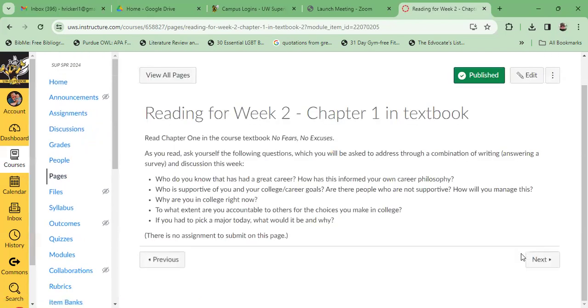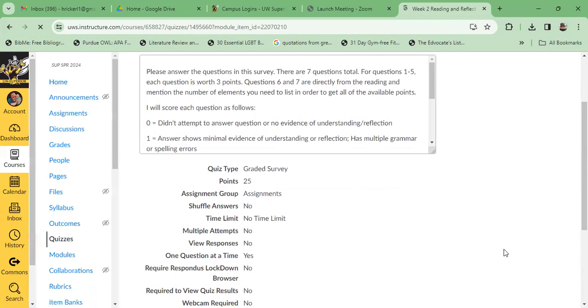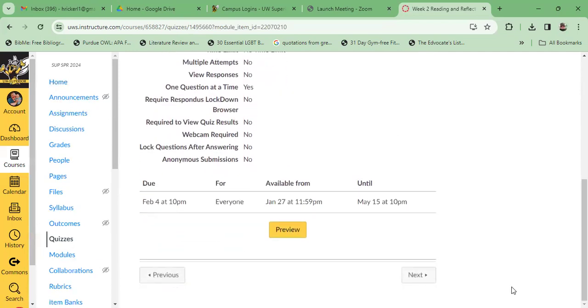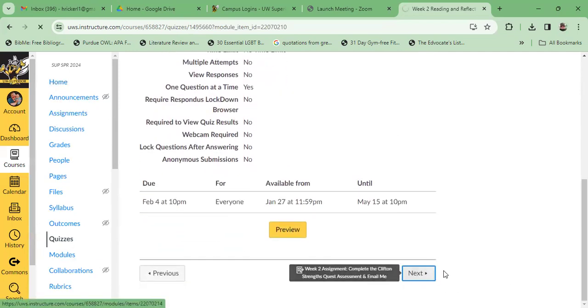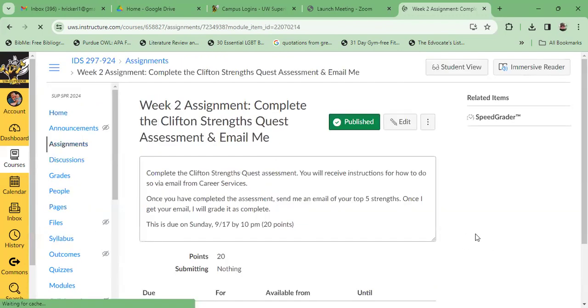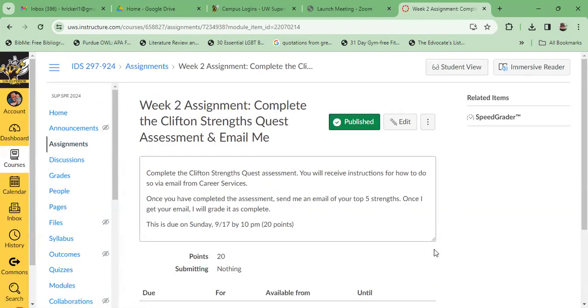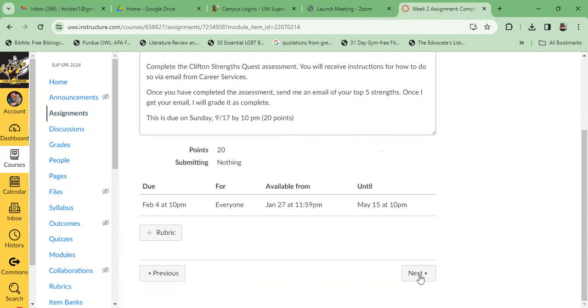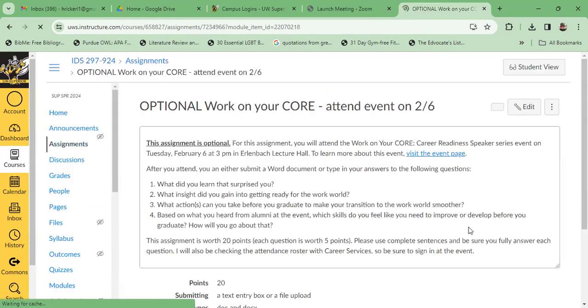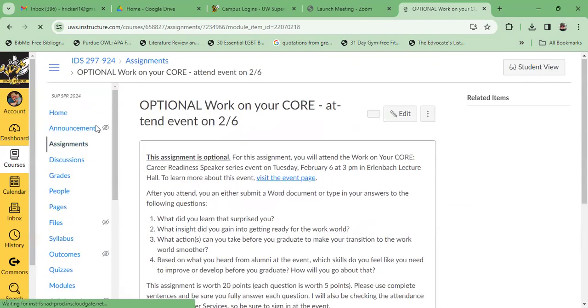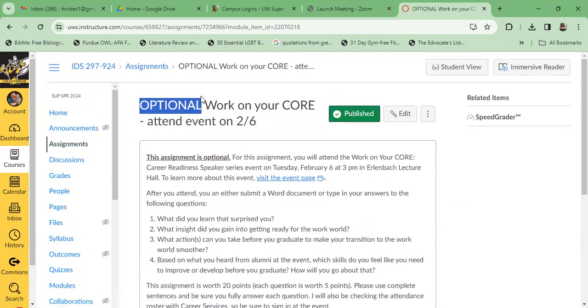And you'll see your reading. Then you'll see your reflection survey. Clifton Strengths, notice that you can click on Immersive Reader and it will read this page to you. Again, some things I need to change, update. Notice how this one says optional.